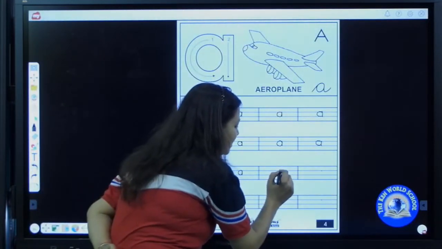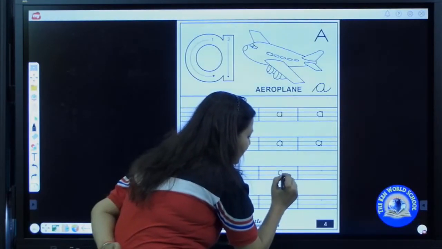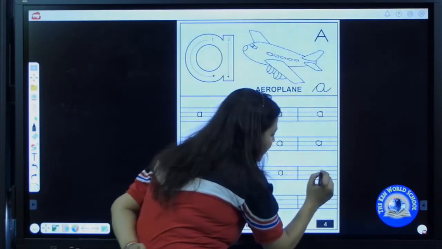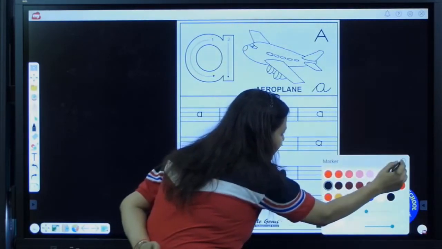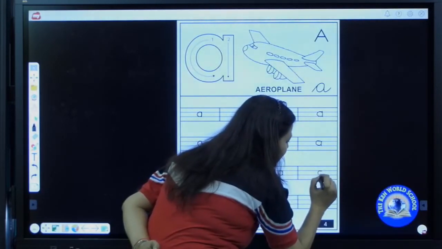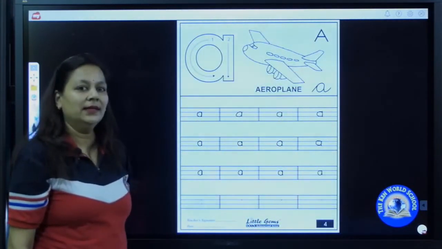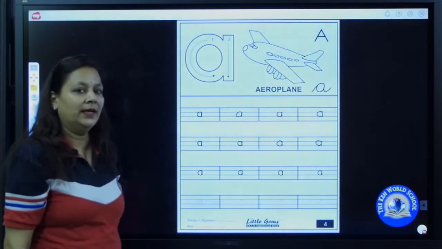Now again I am writing. Put your pencil on the middle line. Make a curve till the baseline. Go up to down, standing line. A. A says /a/. A as in aeroplane.